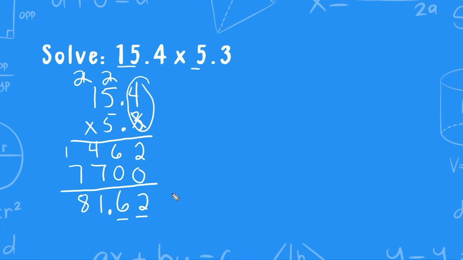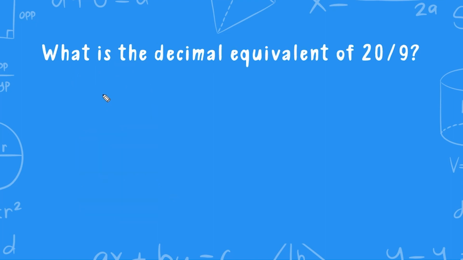All right, let's go ahead and do another example. All right, this problem is asking us what the decimal equivalent of 2/9ths is. So what we have to do is take this fraction and convert it to a decimal. And to convert any fraction into a decimal, all we have to do is take the numerator and divide it